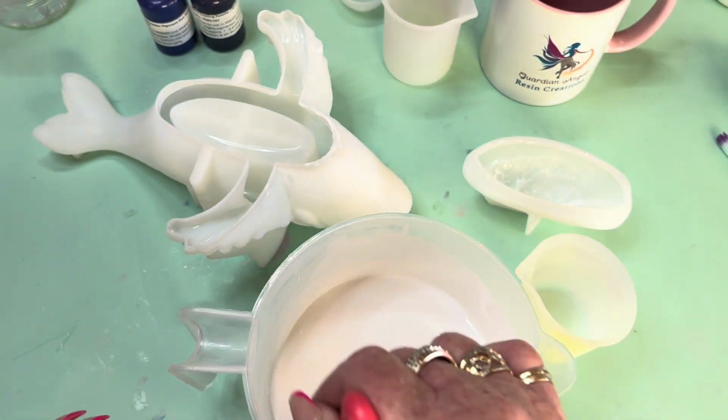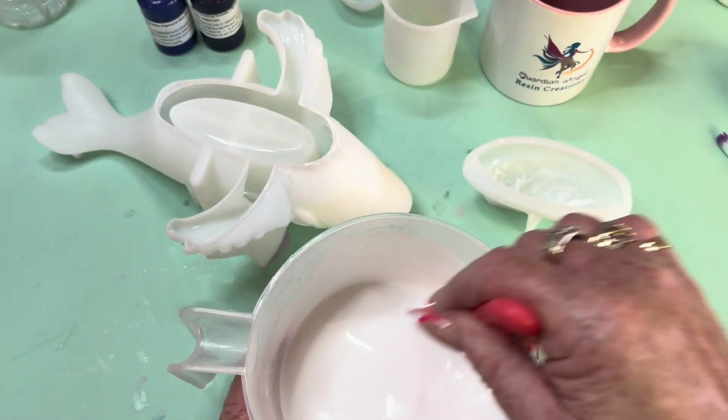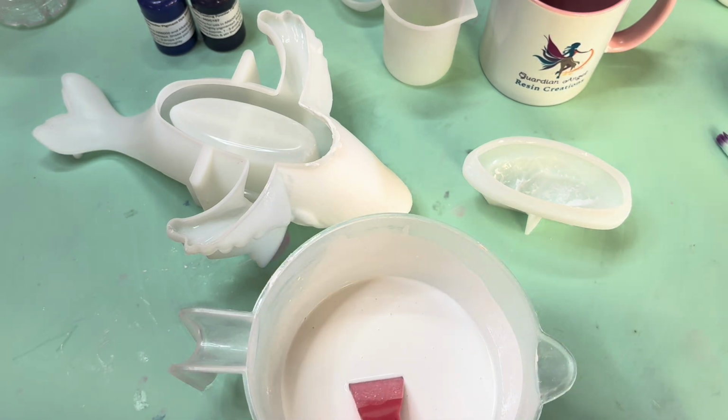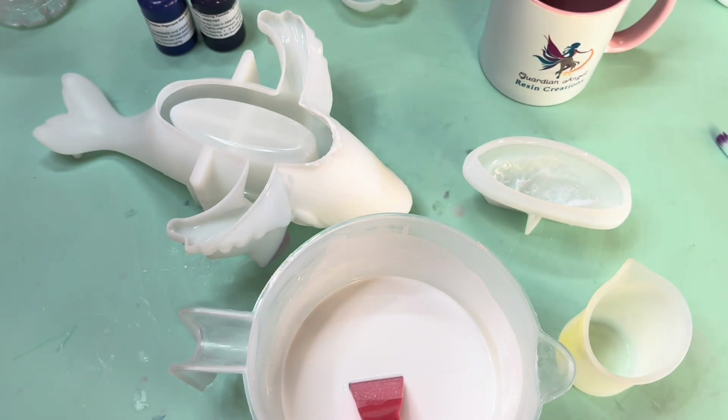I reckon I'm going to do probably like a full one of each of these, maybe. So each of these little 100ml cups, I am just wiping them out. My 600 I think is going to be way too much,